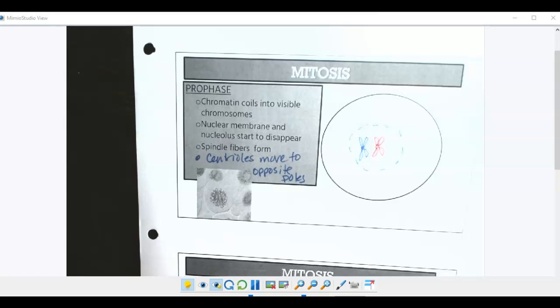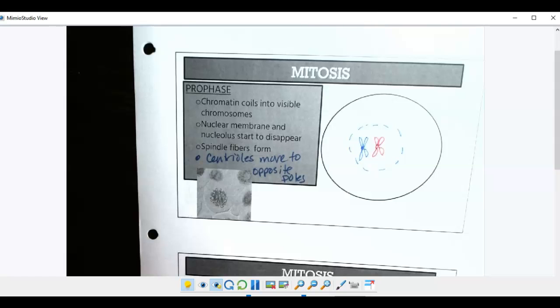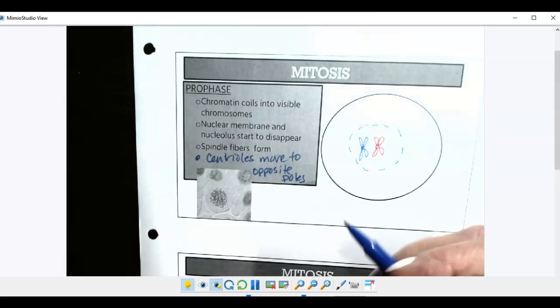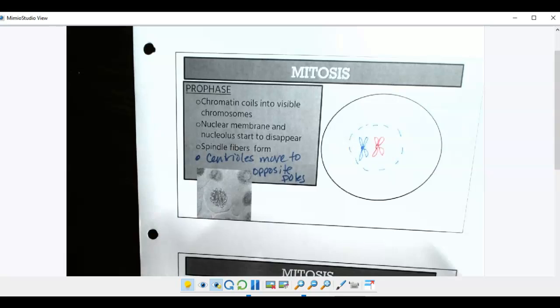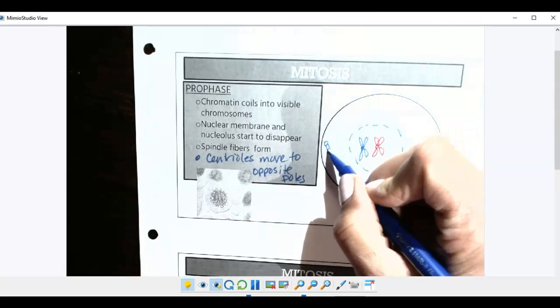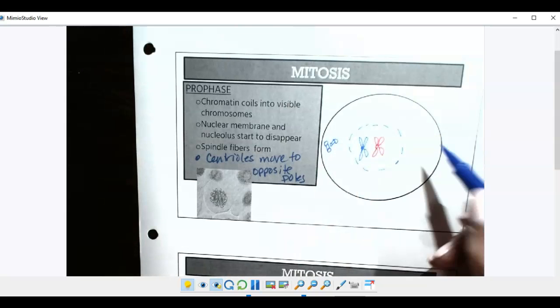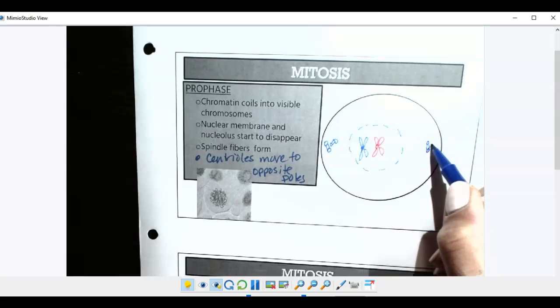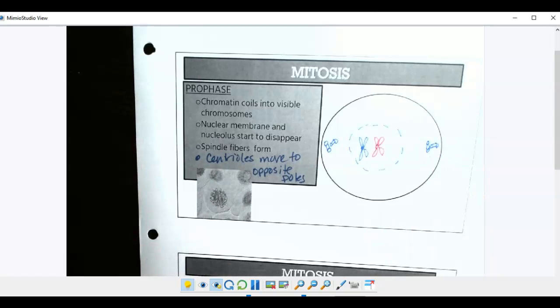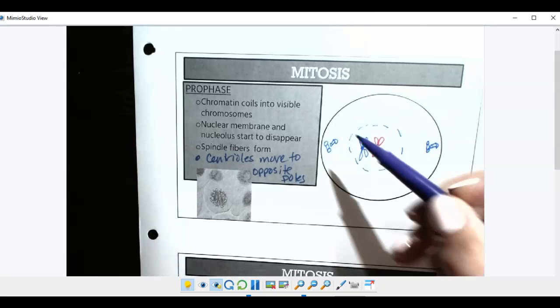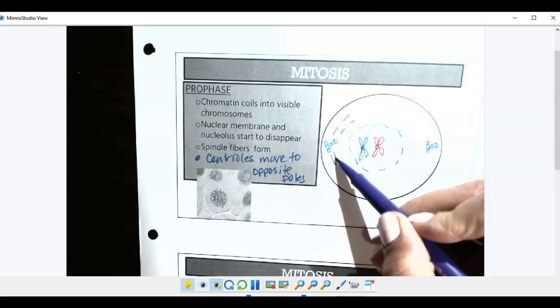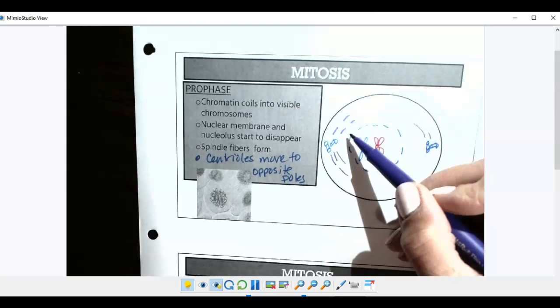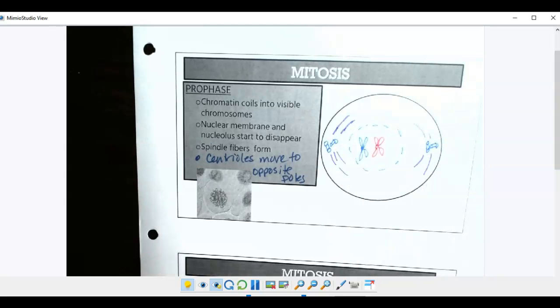So by now the chromatin has coiled up, and so my chromosomes are condensed, and it's got this kind of butterfly looking structure to it. My centrioles move to opposite poles. So I'm going to draw my centrioles like this. Okay. So my centrioles have moved to opposite poles. And these little microtubules called spindle fibers start to appear in the cytoplasm. They actually kind of come out of the